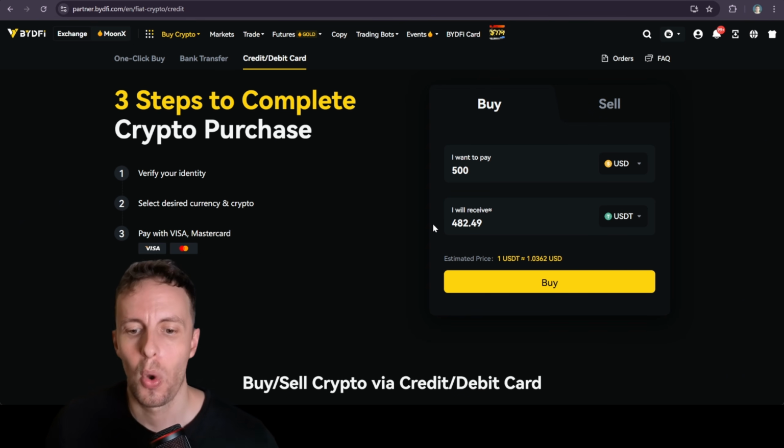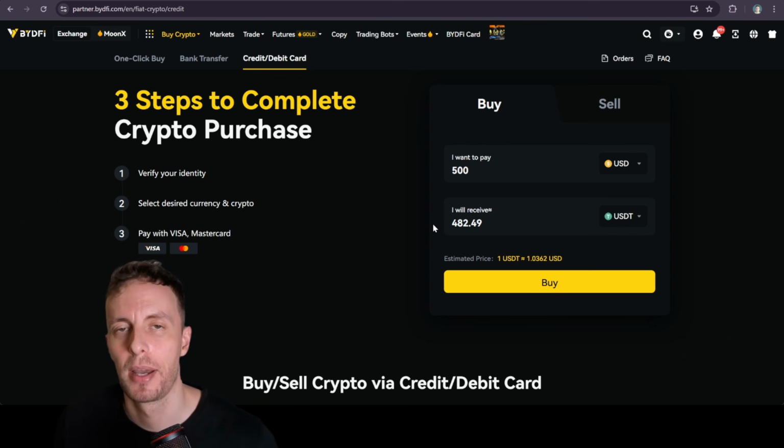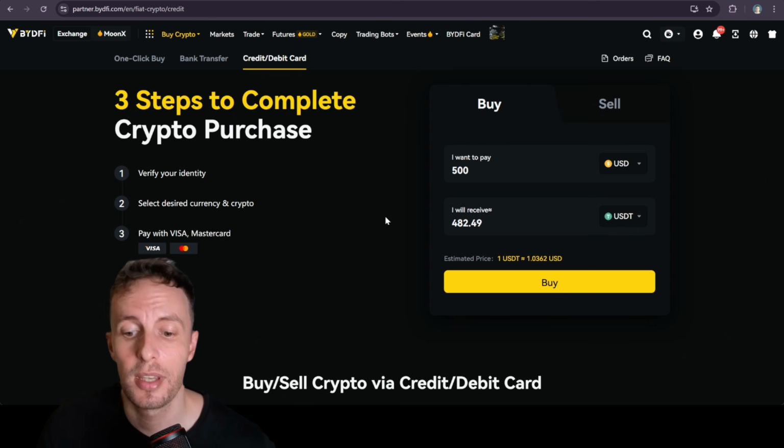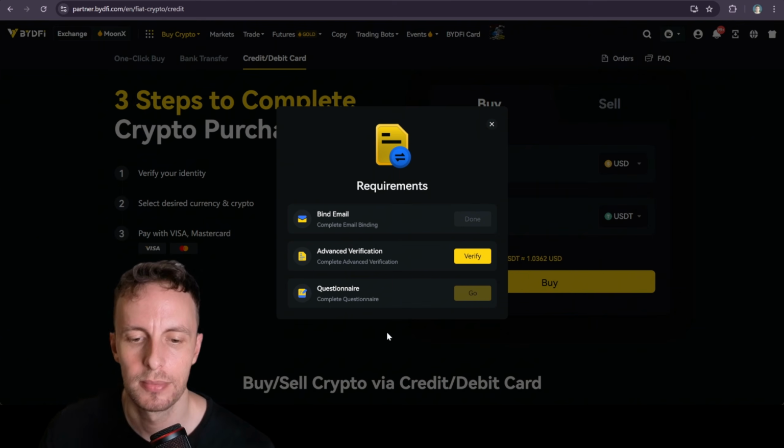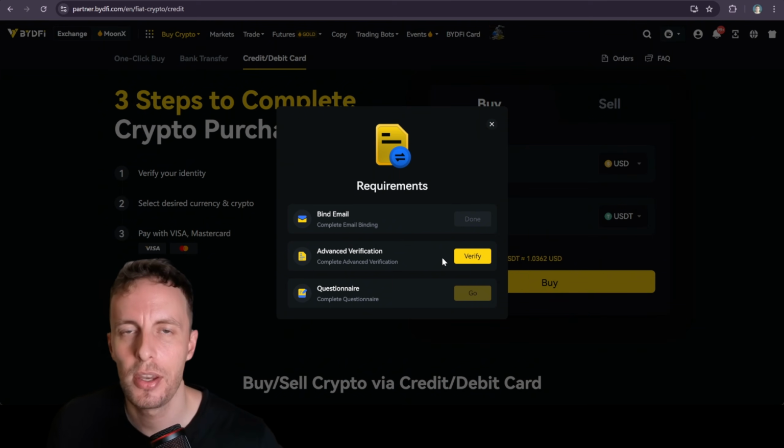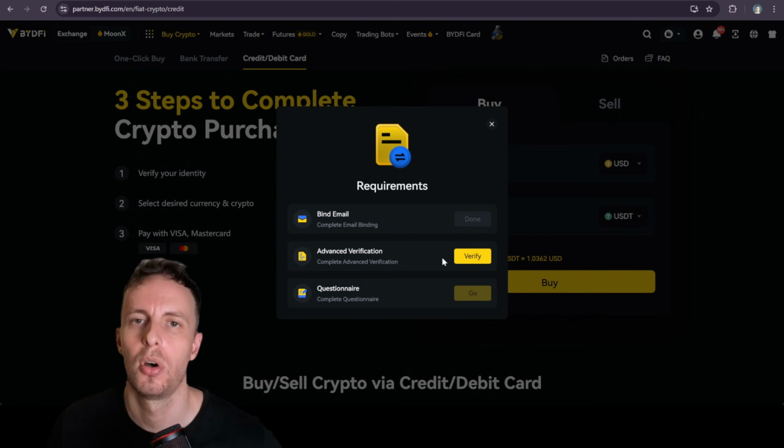Why that? Why am I not receiving $500? That's because when you buy crypto, you are going to lose a little money. But when you sell crypto, you are going to recover that money. That's the rule. So in this case, we are going to pay $500 and receive 482. Let's put buy. So here you have to do a verification and then you can put all the money that